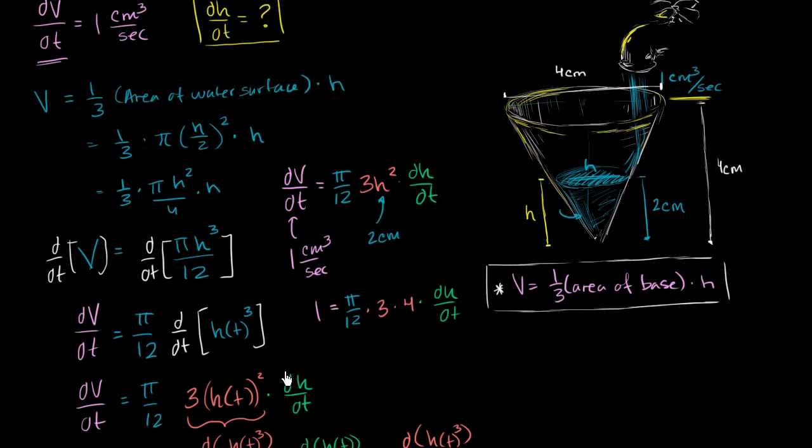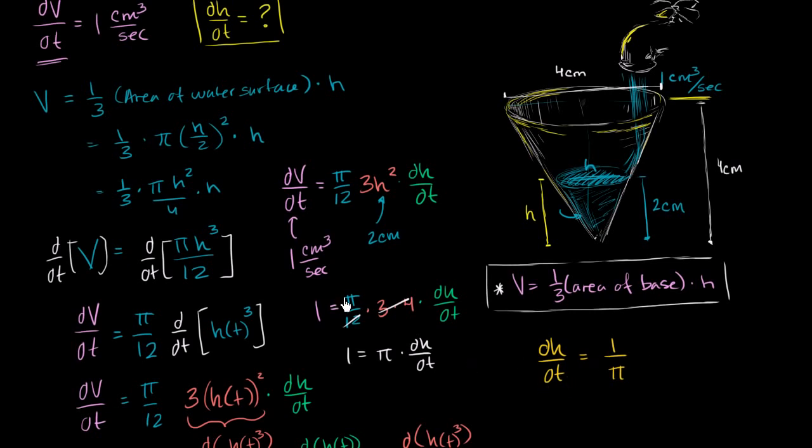All of this is equal to 1. So now I'll switch to a neutral color. We get 1 is equal to, well, 3 times 4 is 12, which cancels out with that 12. We get 1 is equal to pi times dh dt. To solve for dh dt, divide both sides by pi, and we get our drum roll now. The rate at which our height is changing with respect to time, as we're putting 1 cubic centimeter of water per second in, and right when our height is 2 centimeters high, is 1 over